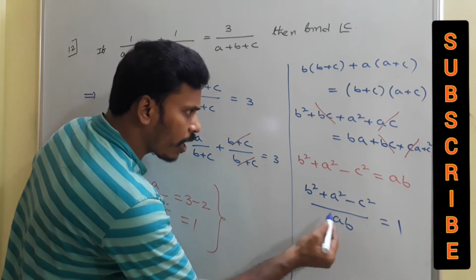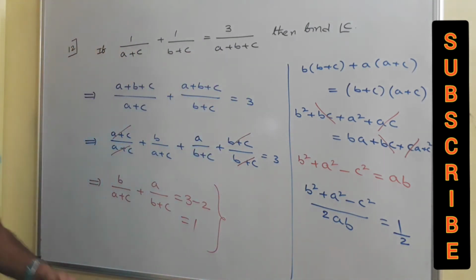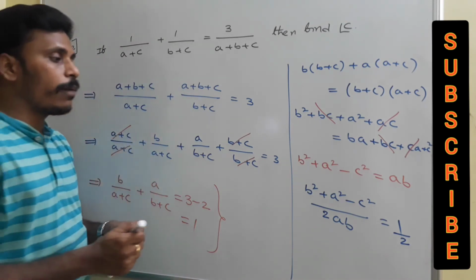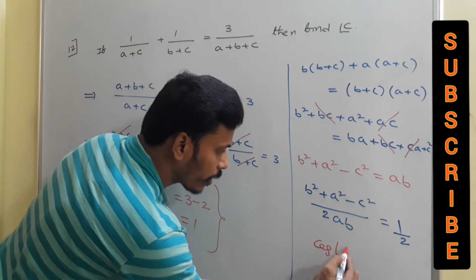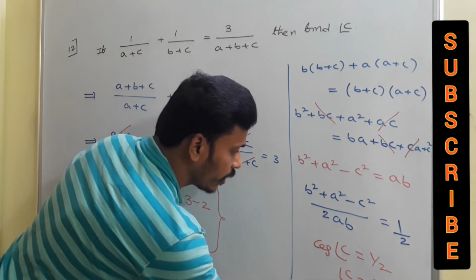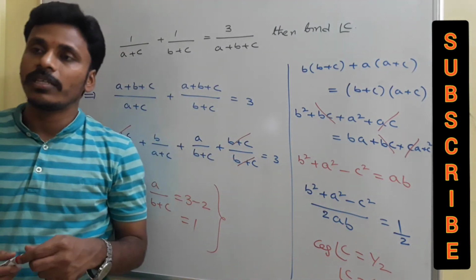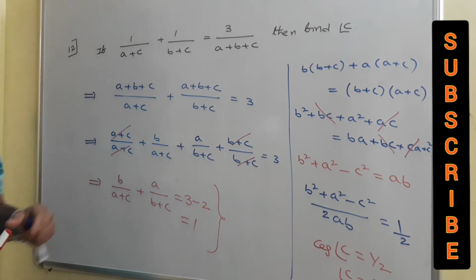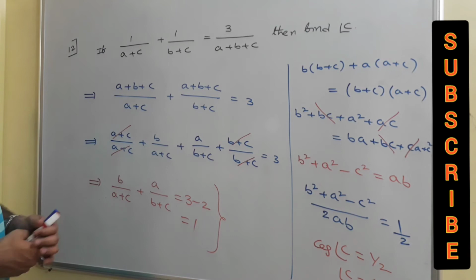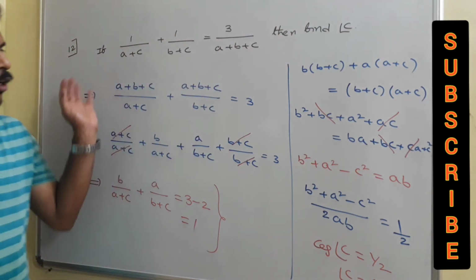In the next step it is by 2ab and by 2. And now if you identify that b square plus a square minus c square by 2ab is cos C, cos of angle C is 1 by 2, and that angle C is equal to 60 degrees. So at the end angle C is 60 degrees. Once again if you observe the problem, see, sometimes this is the given statement and they ask us to find angle C, we do like that.